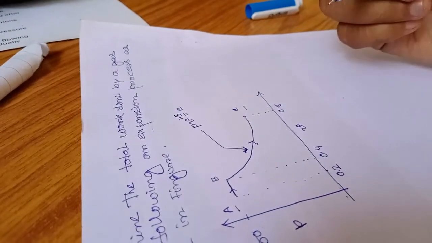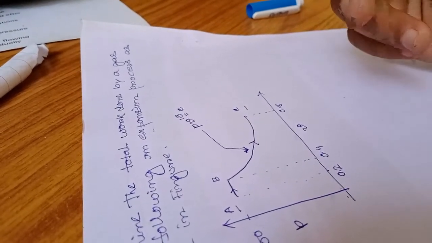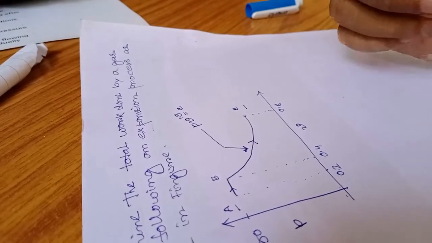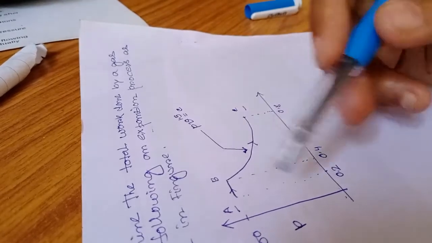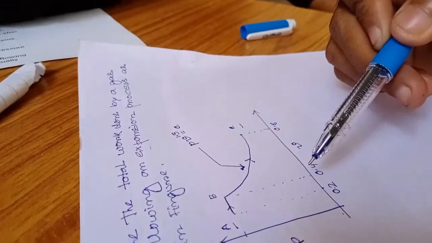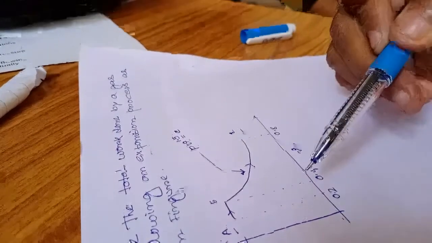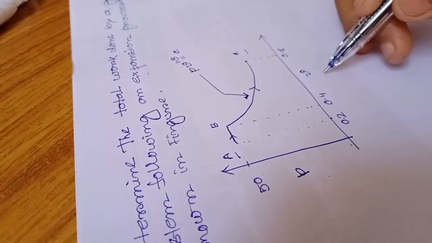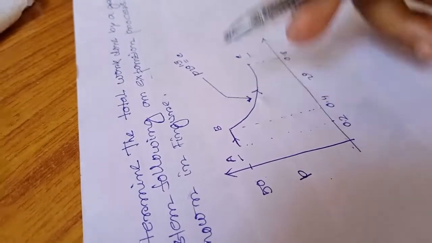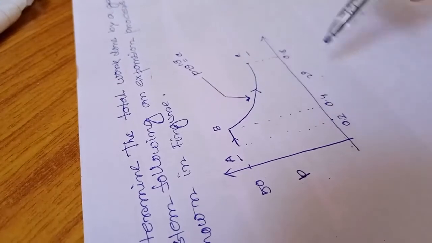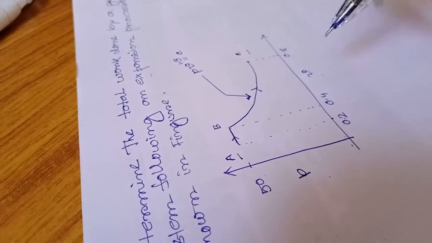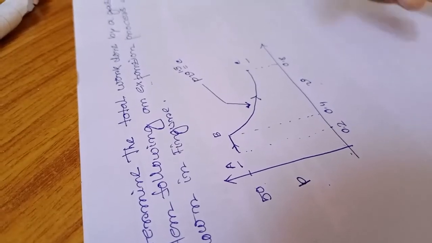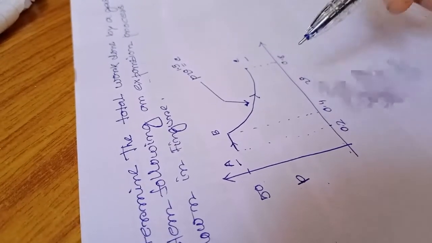So let us solve the problem. As I have already told about several types of work done in the previous lectures, to solve this kind of problem, first you have to categorize what kind of problem it is. As the diagram is a PV diagram, this work done is a pressure displacement work done, or pressure volume work done. Okay, so the first category is complete.